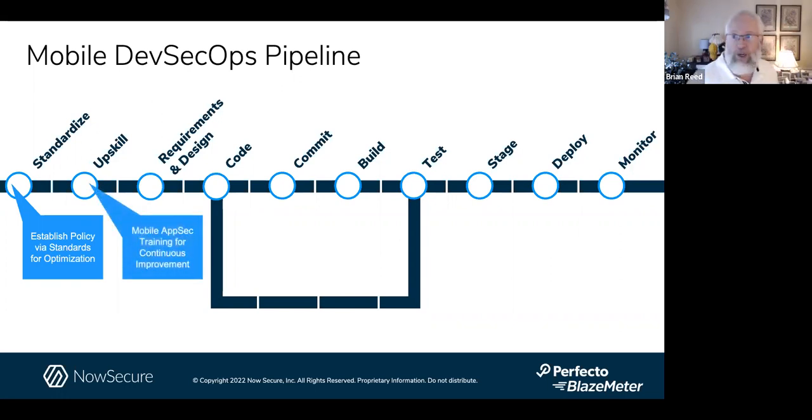Make sure you've got training, right? You need to make sure that your team knows how to write secure code. As I said earlier, there are 5 common security vulnerabilities over and over and over again. Teach them those 5. It takes half an hour, right? That will dramatically reduce your vulnerability escape rate.